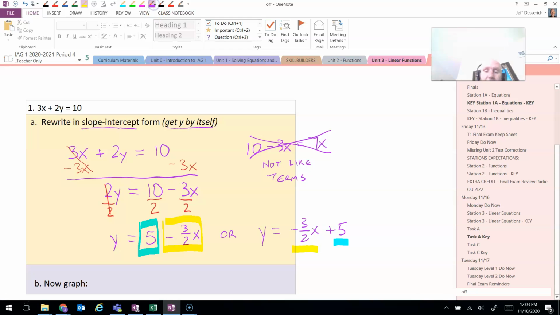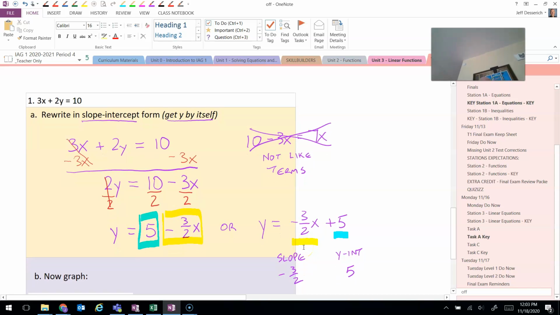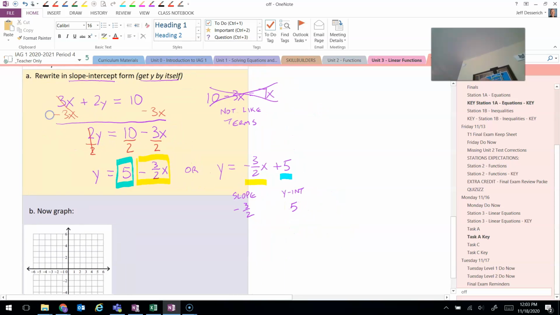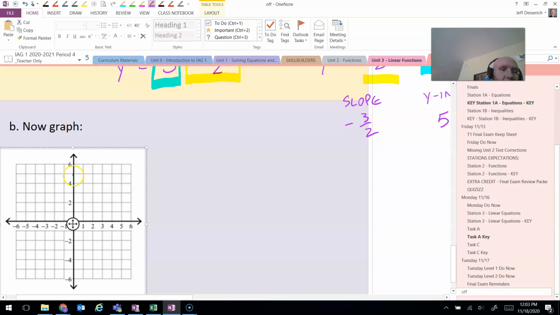All right, and so this allows us to see that the slope is negative 3 halves, and the y-intercept is 5, which now allows us to graph it on a graph down here. So if I go with a y-intercept of 5 right here, and a slope of negative 3 over 2, which means I'm going to go down 1, 2, 3, over 1, 2, and put my next point. Go again down 1, 2, 3, over 1, 2, and put my next point,